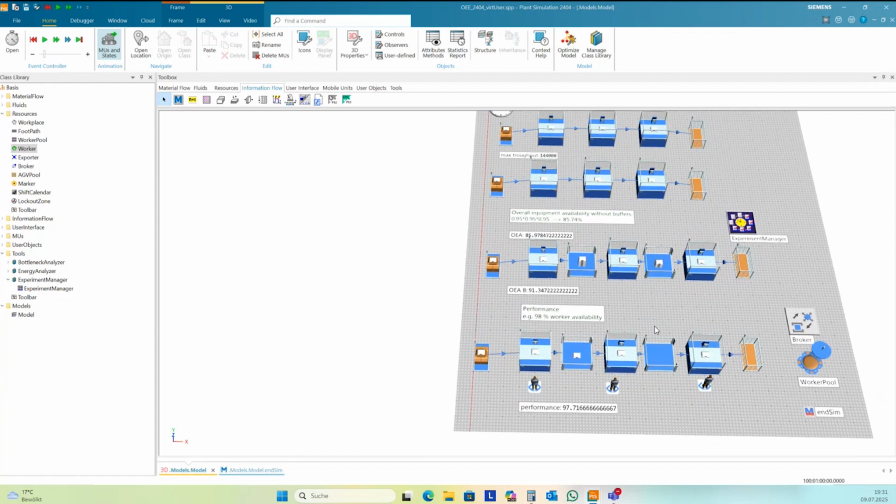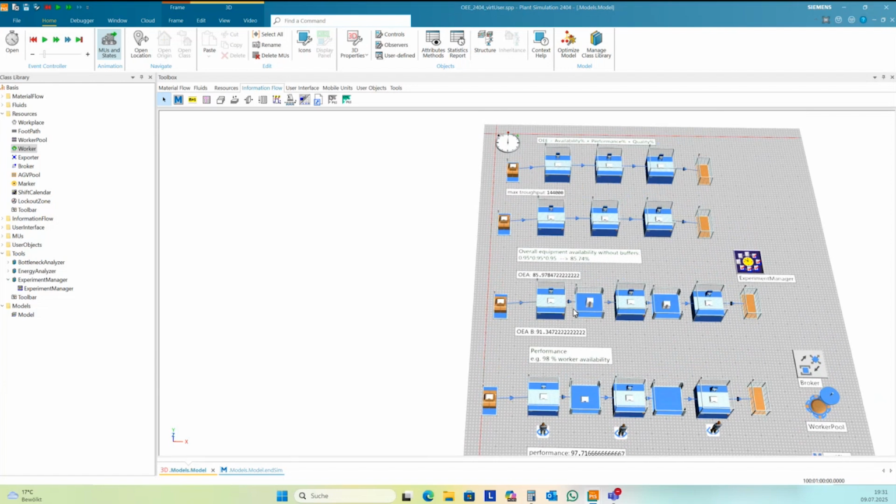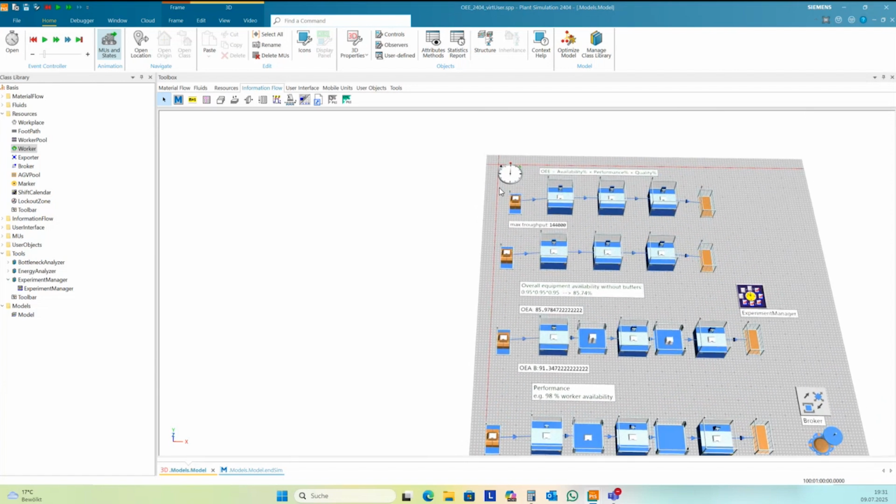And here again, the buffers don't have influence on this, so I need this basic model from the start to calculate this.